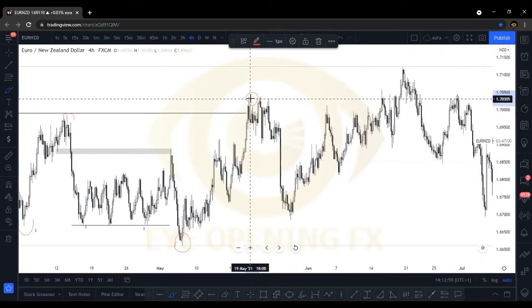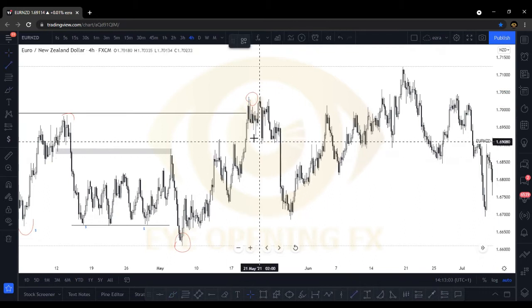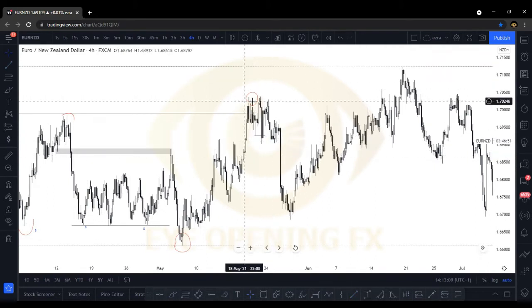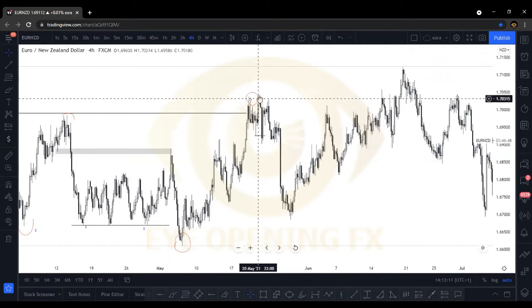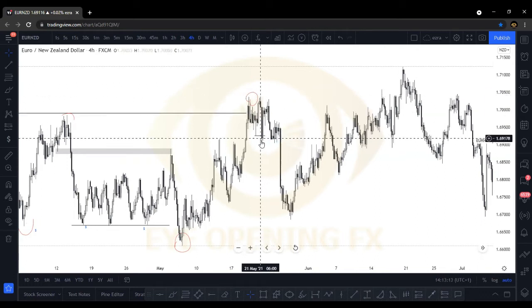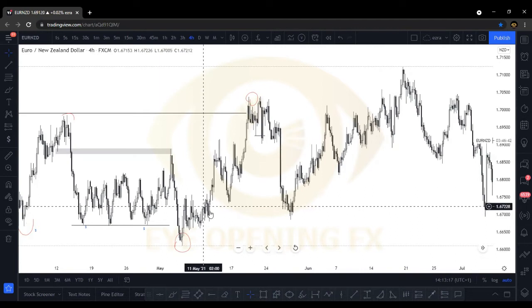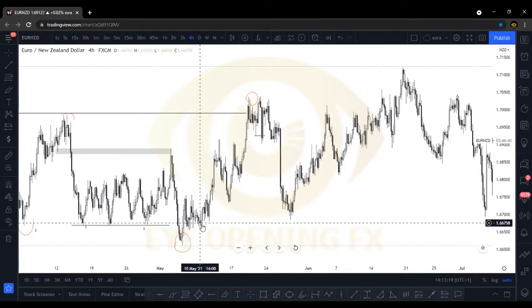After the higher high, the market gives us a minor break of structure here. That means it's ready to give us a corrective wave. A minor higher high, higher low. A higher high was created. Now it created a lower low, lower high. It came back into our former point of interest, the last mitigation area,